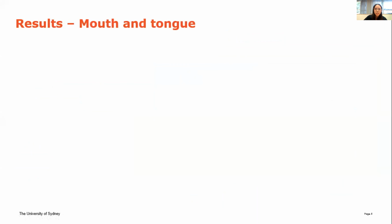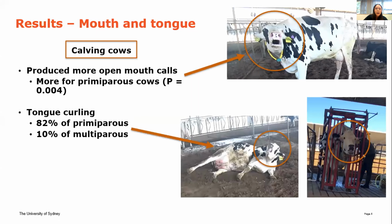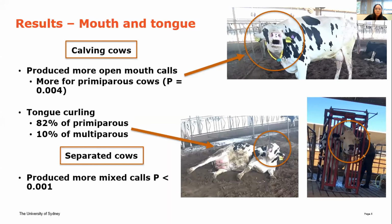And for the mouth and tongue position, firstly, what I found was that with the calving cows, they produce more of these open mouth calls, and this was particularly pronounced in the primiparous cows. And they also exhibited this tongue curling behavior, which was only seen at the time of vocal production and purely during the context of calving, and this was also mainly exhibited by the primiparous heifers. By contrast, the separated cows produced more mixed calls, so these are calls with a mouth configuration containing both open